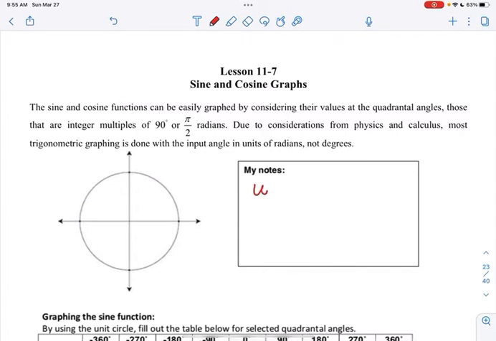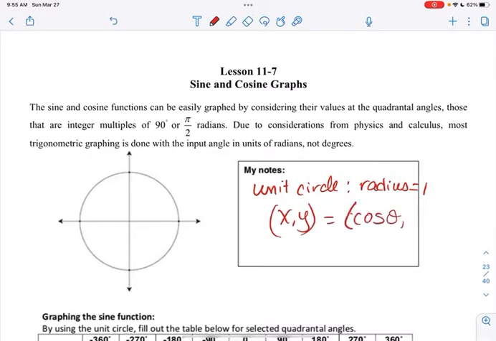So remember that the unit circle has a radius of 1. And when I have my point x, y, cosine is my x and sine is my y. That we already talked about earlier. So I'm just going to label this a little bit. So I've got 0,